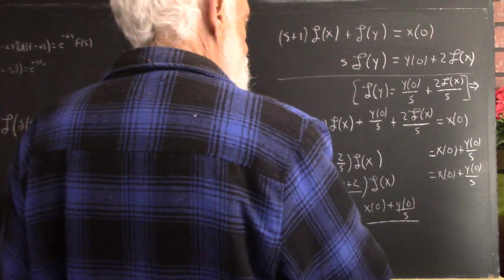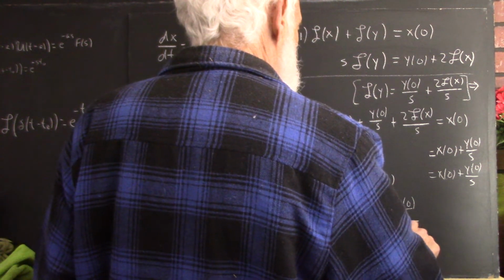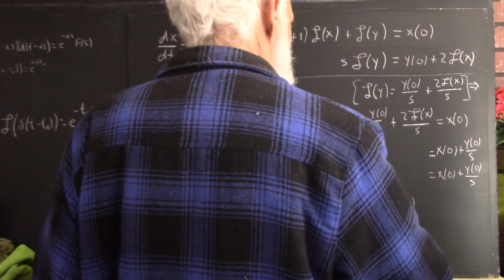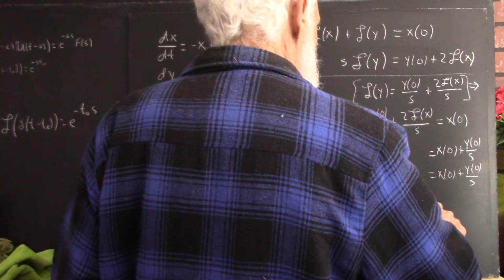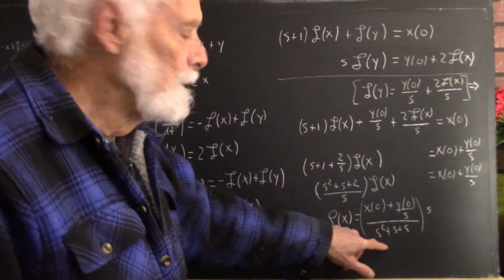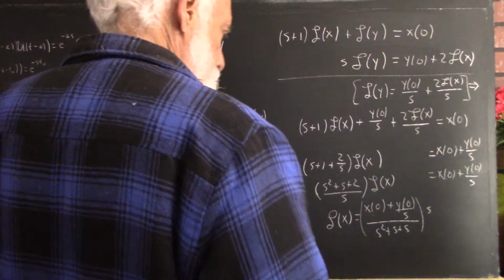So that's going to be divided by s squared plus s plus 2, but also multiplied by s. So we're going to multiply by s over s squared plus s plus 2, and you know,